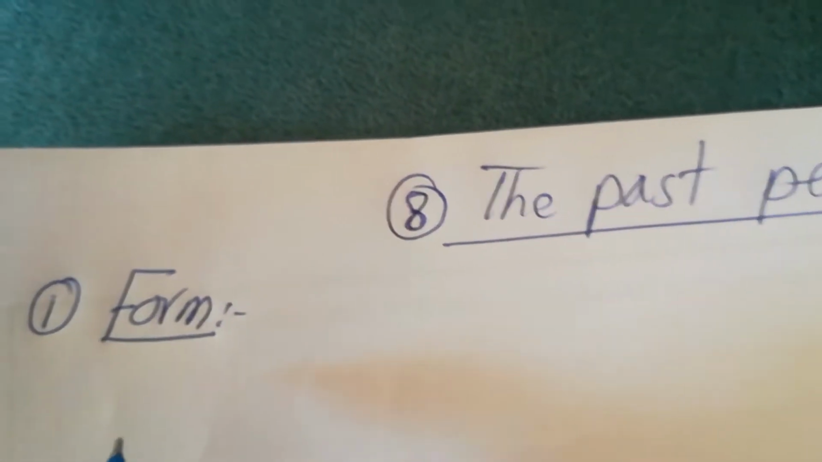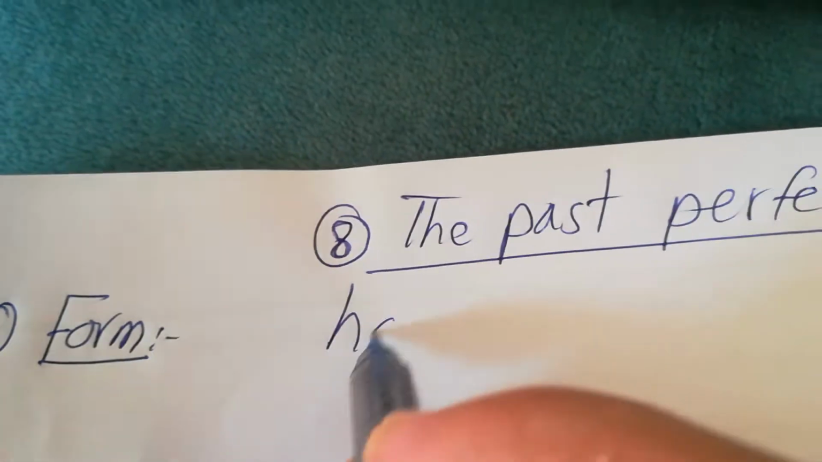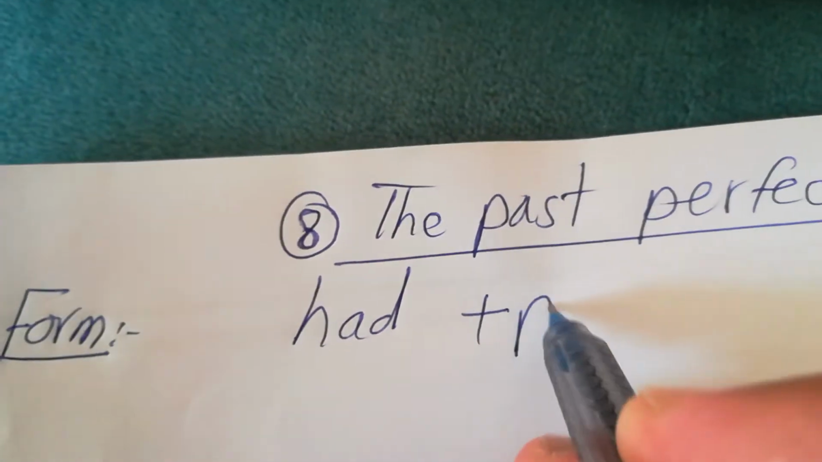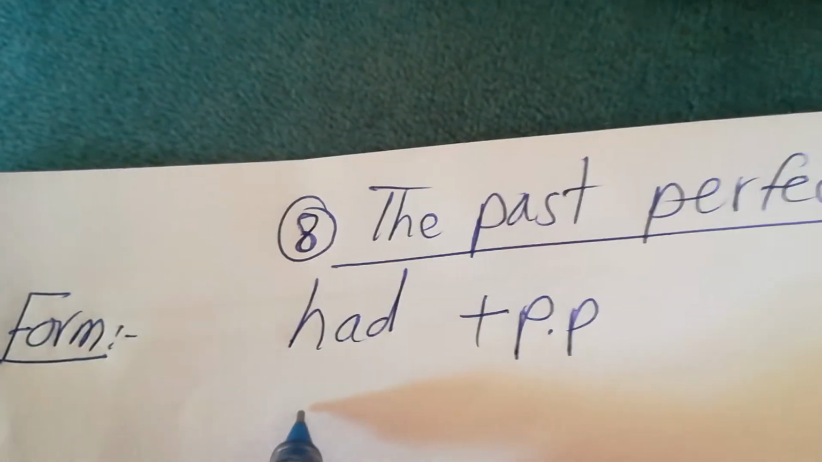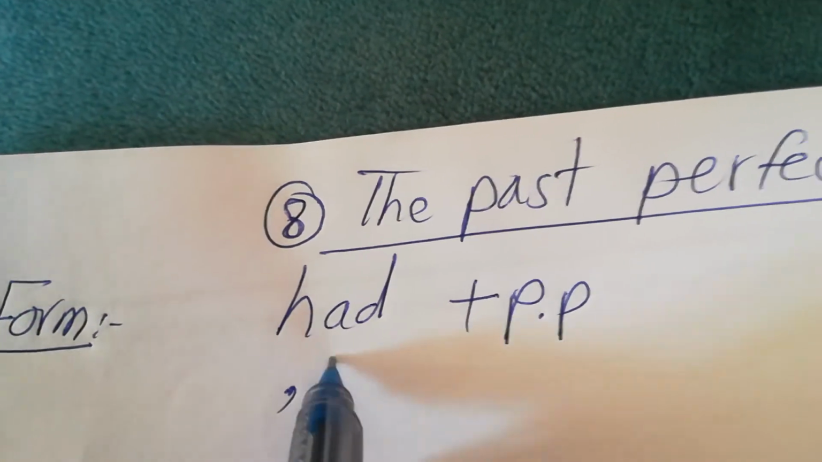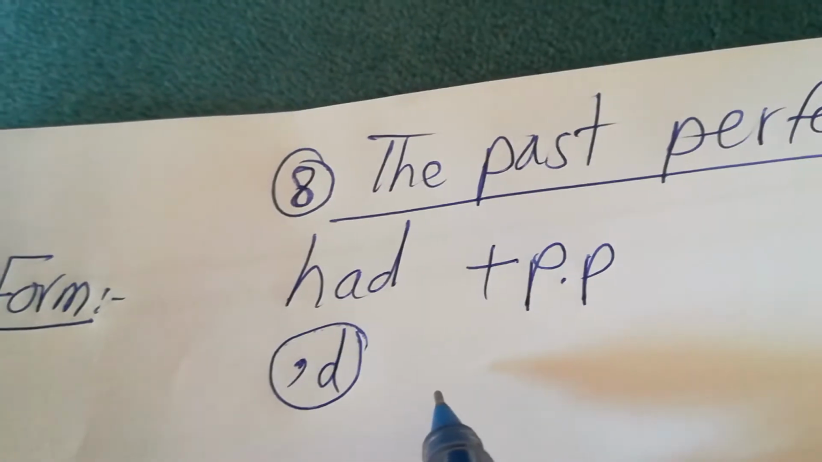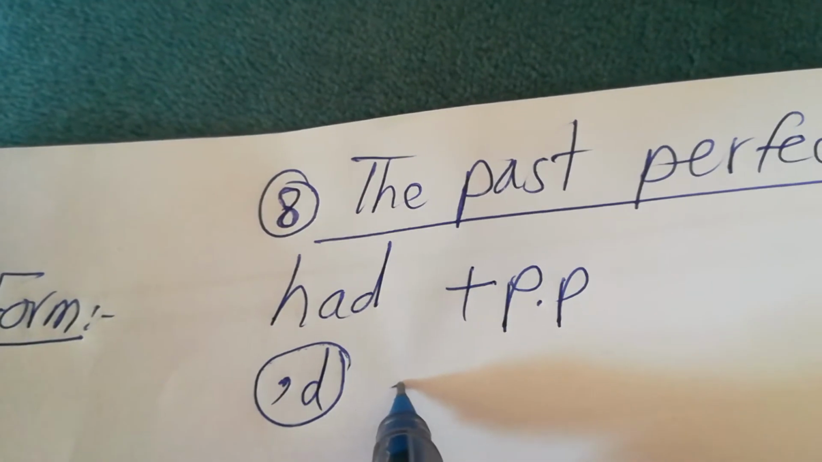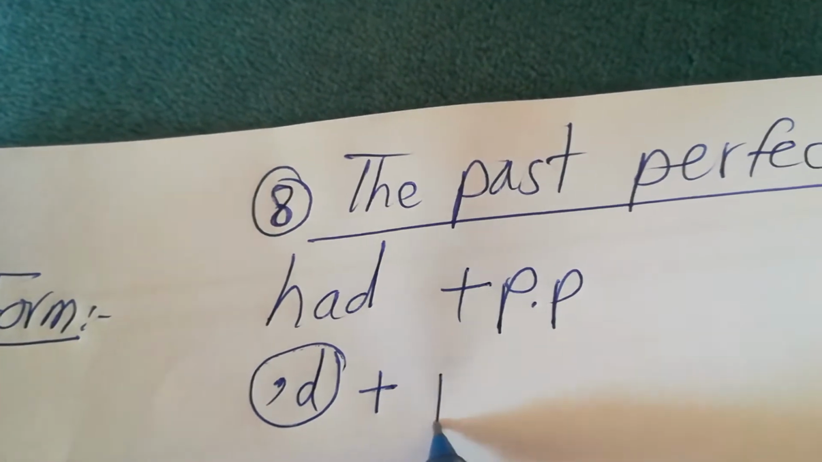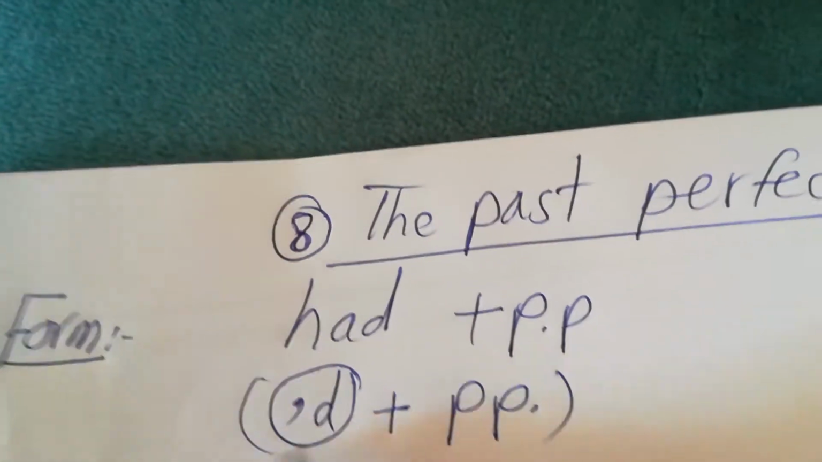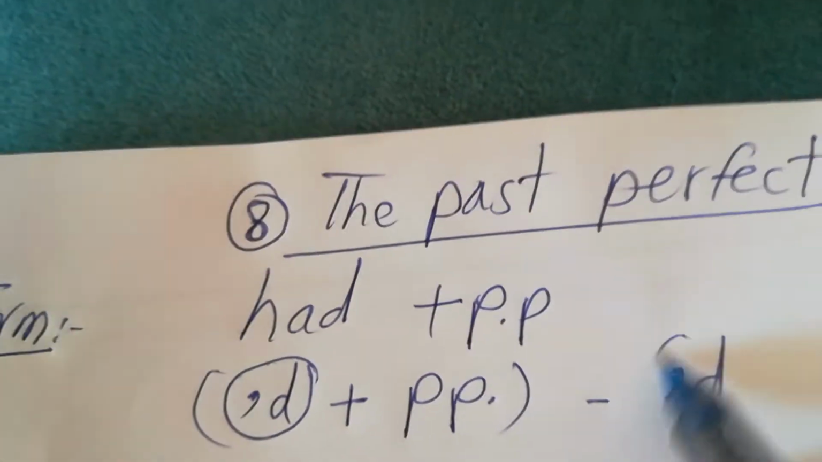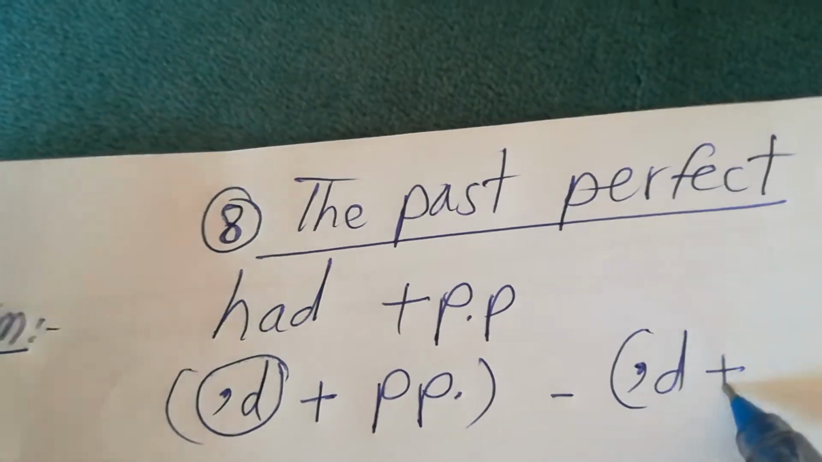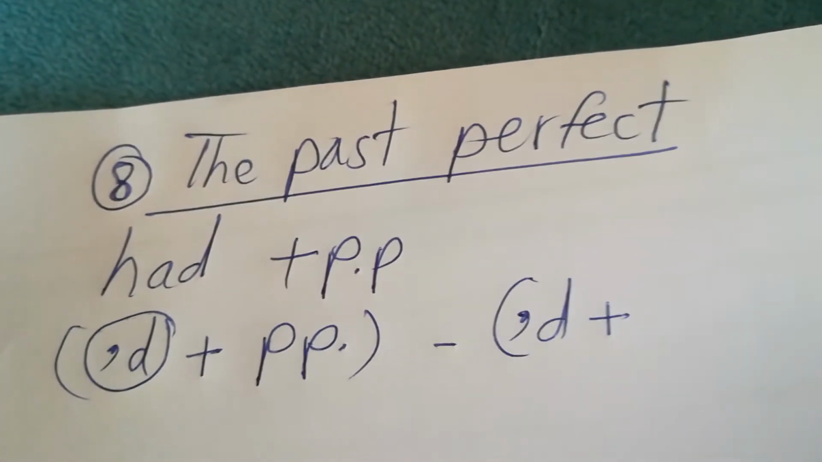Number one, form: had plus PP, the past participle of the verb. What is the contraction of had? Apostrophe D. If after apostrophe D comes a past participle, that means past perfect. But apostrophe D can also be the abbreviation or contraction of